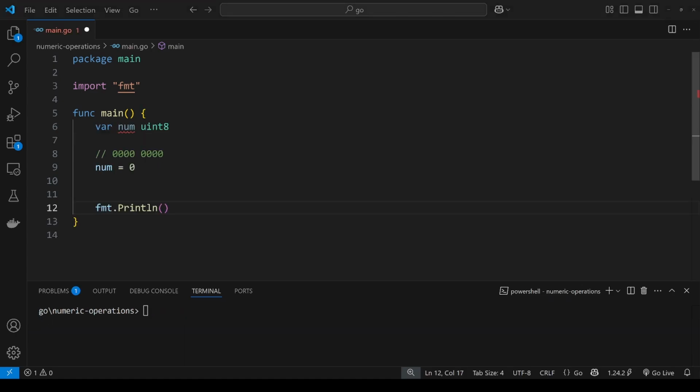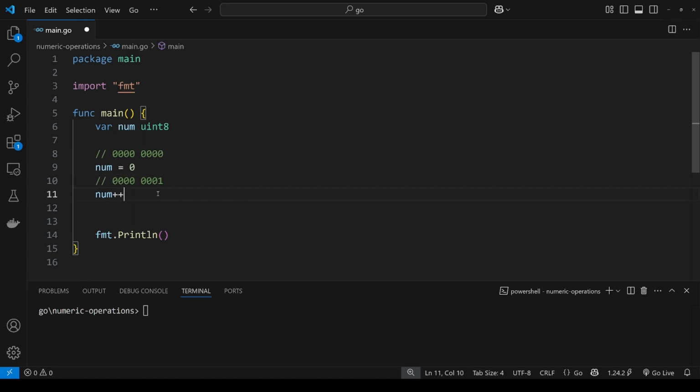Now let's talk about a really important concept called overflow and underflow. And how we're going to demonstrate this is by using a uint8, which means that we are using 8 bits or 1 byte to store a number's value. So if I have num set equal to 0, its bit string in the computer looks like just all zeros. And if I incremented num by 1, this will go ahead and produce the bit string